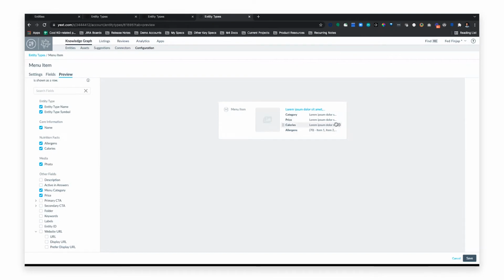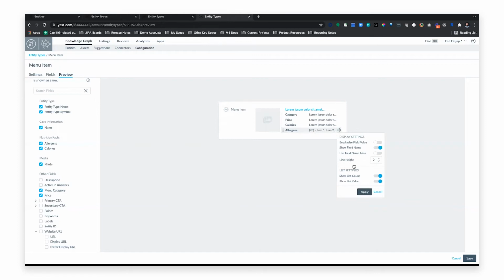The pricing category, the price and calories fields I'll actually leave as is, but for my list of allergens, I'm going to go ahead and expand the line height here to 2, just in case there's a longer list of allergens. Before I hit apply there, one thing I want to call out is that you'll also see that